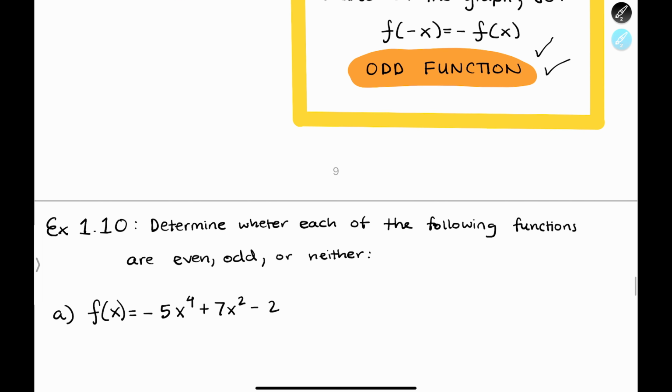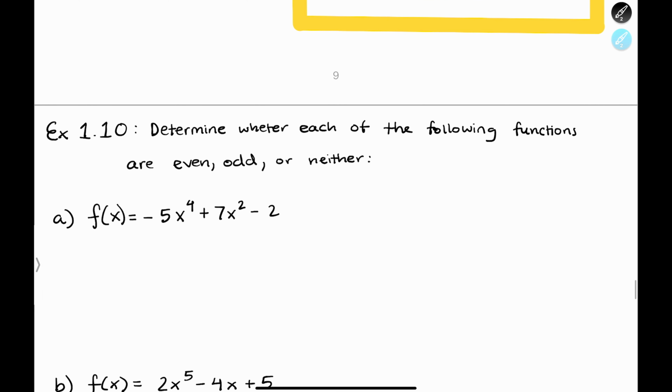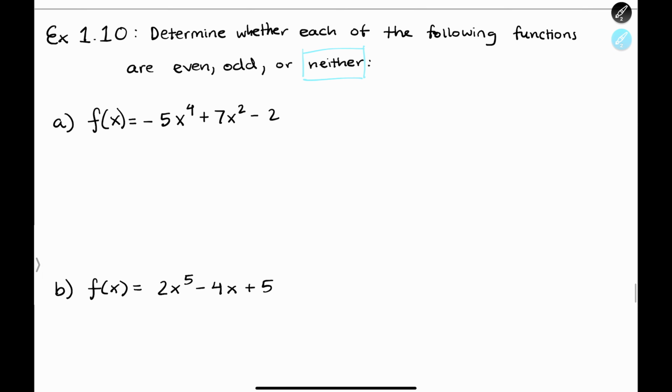So now we're going to go over an example problem. It says to determine whether each of the following functions are even, odd, or neither. And I want you to keep in mind that there are functions that are neither even nor odd, so it goes in this neither category. So let's substitute in negative x for x for part A,